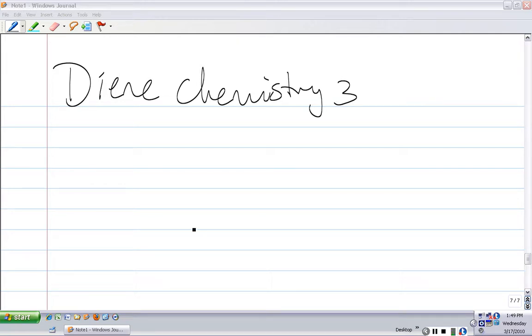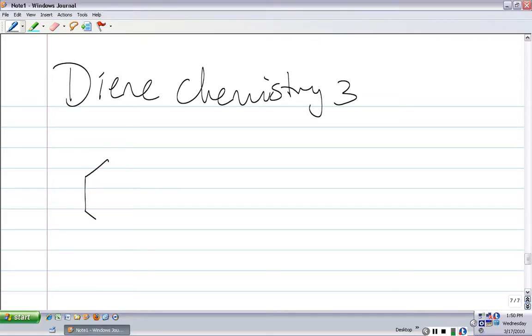So we're looking at Diene chemistry, and this is Diene chemistry 3. We ended last time by being able to identify which dienes were more active than which. Essentially, the more electron releasing groups you have, particularly those that are electron releasing by resonance, the more active is a diene. Conversely, in a dienophile, the more electron withdrawing groups you have, particularly those that are electron withdrawing by resonance, the more Diels-Alder active they are. But you may have been a little bit concerned, because the dienes are always in the S-cis conformation,